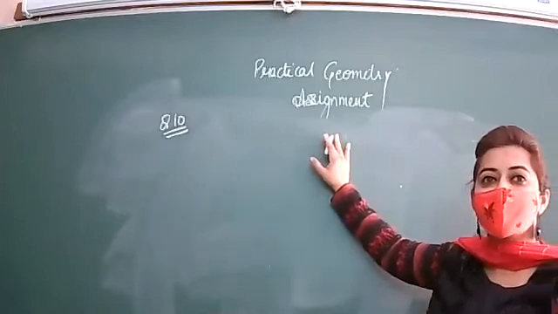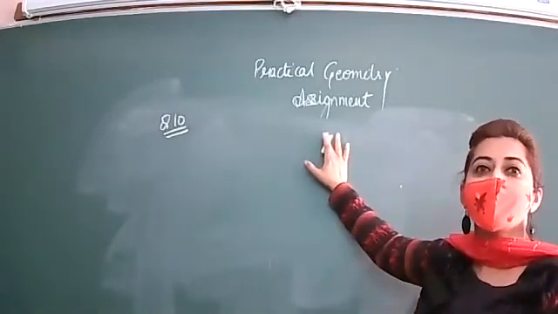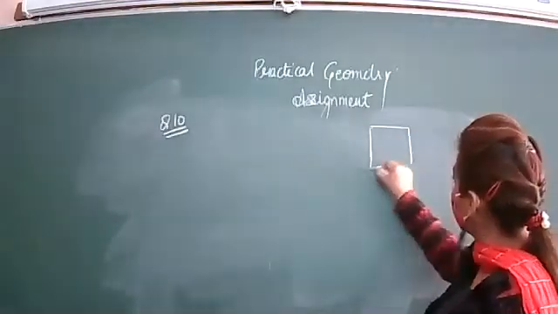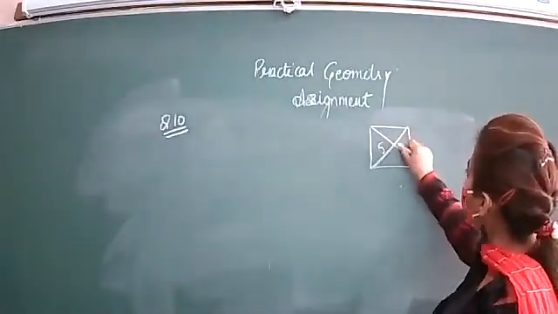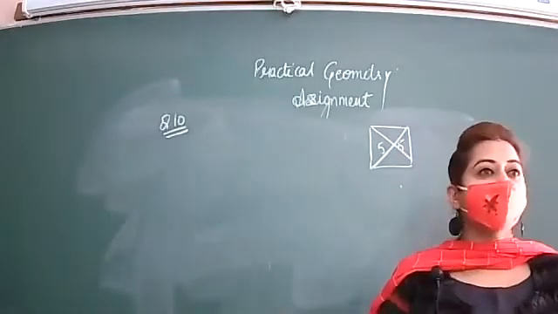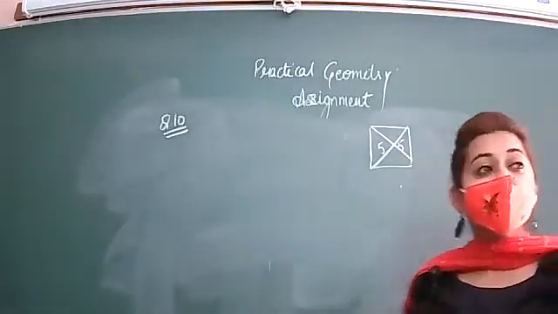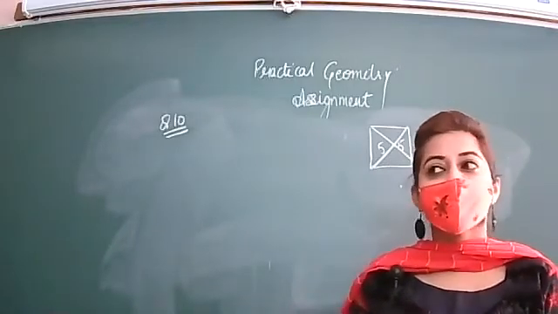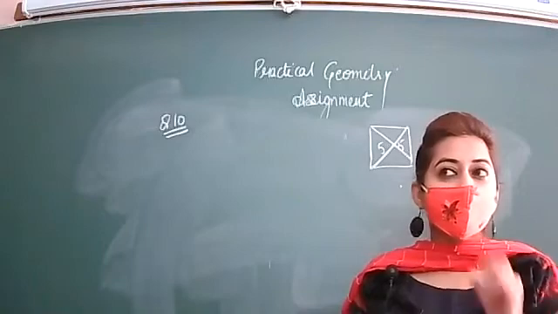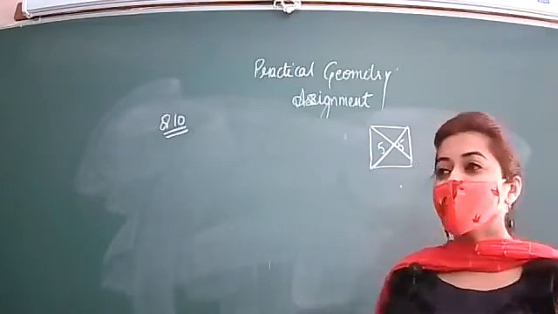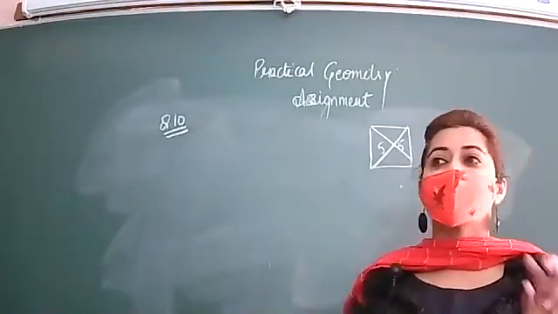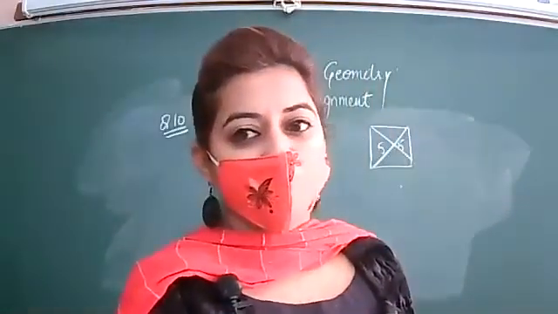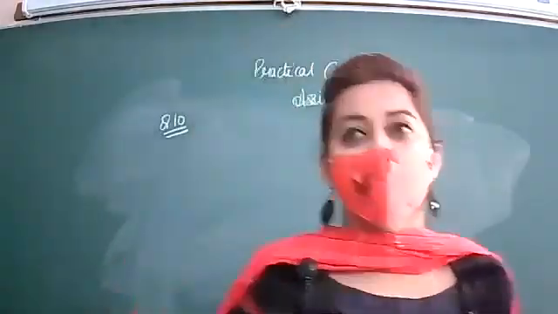The sides of the square are not given, but the length of each diagonal is 5. You have to construct a square whose length of each diagonal is 5. But here the base is not given. Then, can you tell me a similar type of question which we have already discussed, in which the lengths of 2 diagonals are given? We have discussed it earlier also. Can you tell? Yes, rhombus.